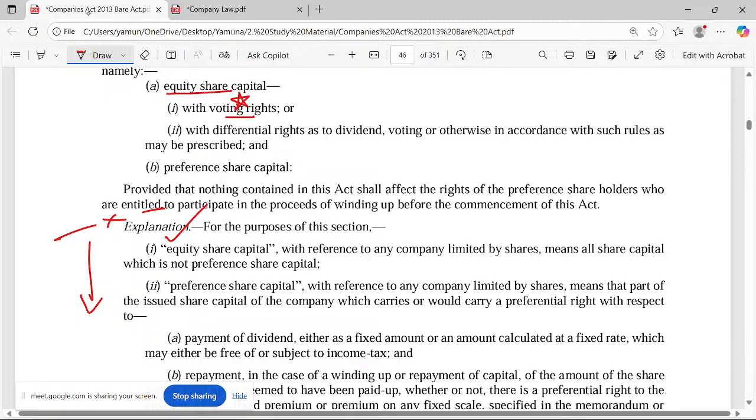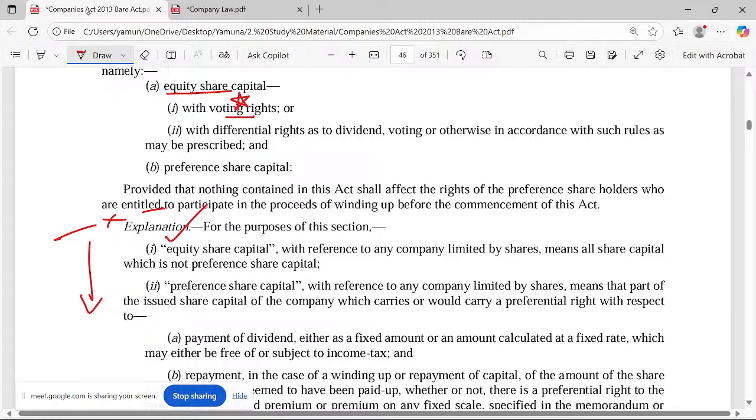So usually all three professionals will do this: we'll represent to the board that we are not clear about this provision. Very debatable. See, from my angle it may be understood in a different way, and from your angle it may be different. There are so many cost accountants, company secretaries and chartered accountants, and each one will be discussing from a different angle. So that all the meanings are interpreted correctly, what is the act actually talking about?